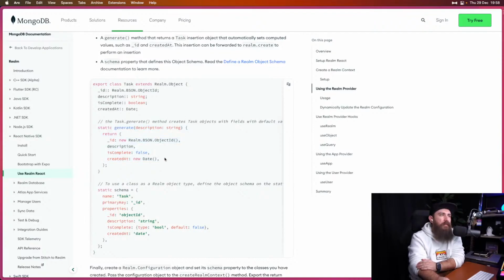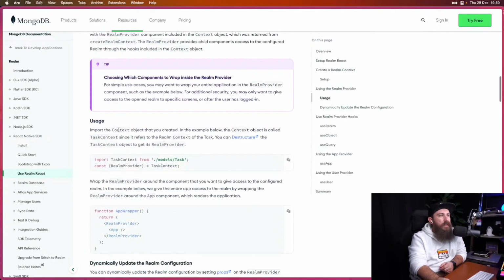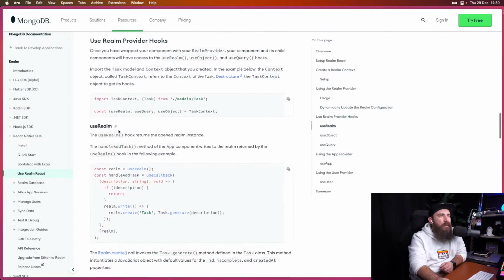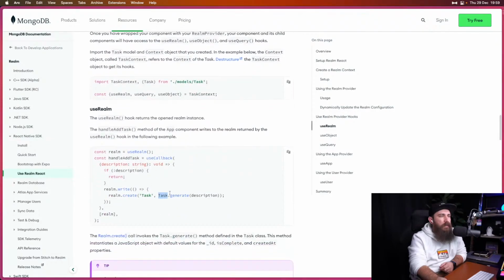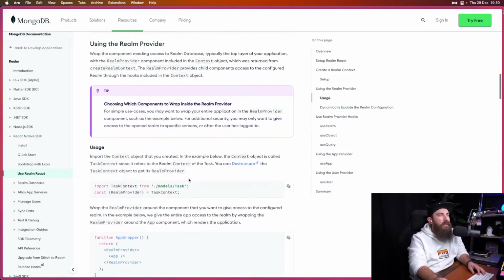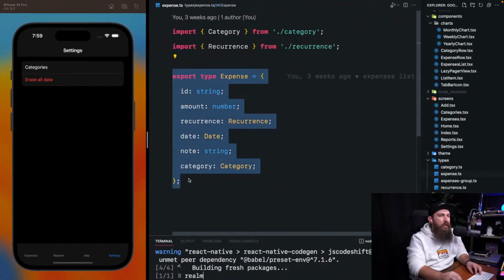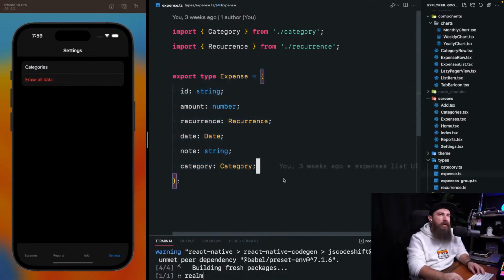We just create a static method to return this object and then pass any dynamic values that we want to be included. And then the result from this generate comes in as the second argument of the create function, right? So we could even do this inline if we wanted to, but the generate method is just a helper one. All right, yeah, that's looking cool. We are still loading, but I think we're ready to